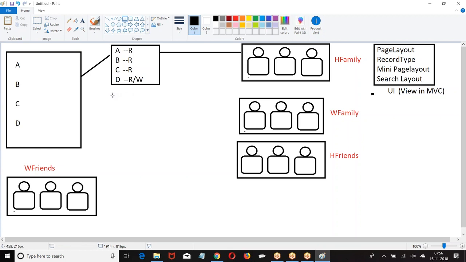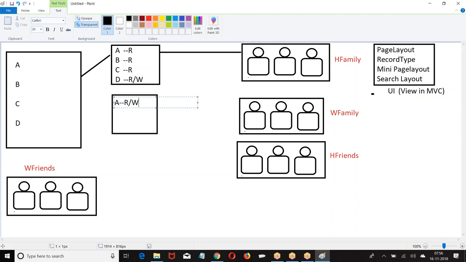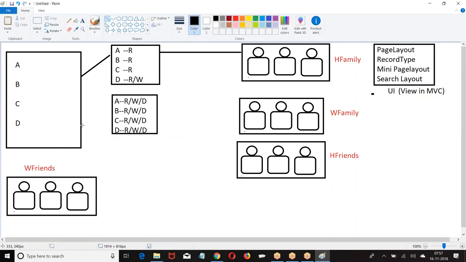Now, if the second category of people come, boss, what are the facilities? Read, write, delete. They allow extra perks also from neighbors. Some bonus perks will be coming from neighbors also. Now, if this group of people come, the house is the same, the facilities are the same, but the way we display them is not the same. Depending upon the group of people, the facilities will change.